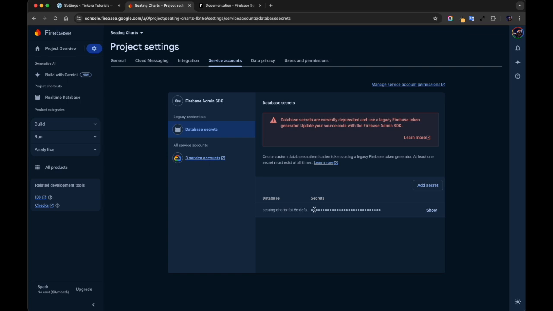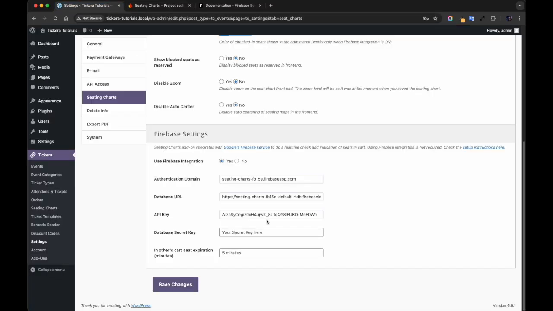And by default, you should already have one database secret key. If there are no values here, you can simply create a new one by clicking this Add Secret button. But chances are that you will already have one entry. So all you need to do now is to click Show, and this will reveal your database secret. Simply click this Copy button,